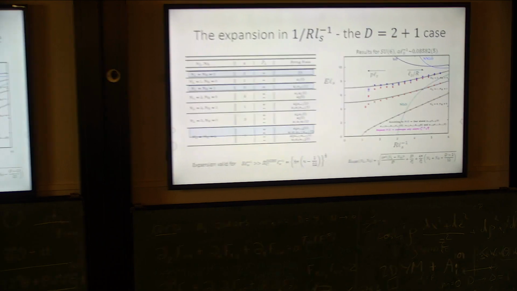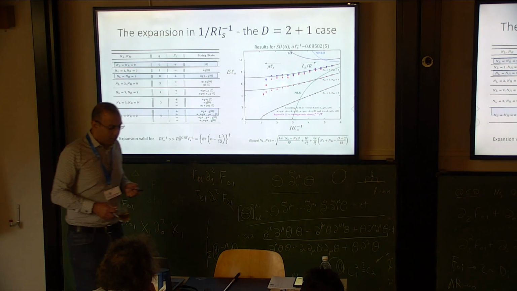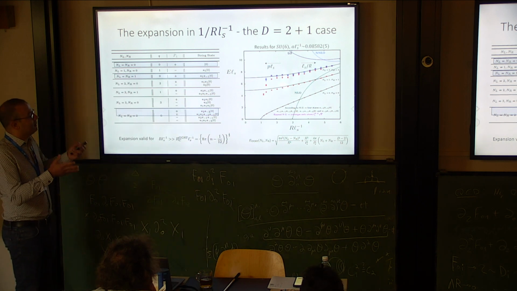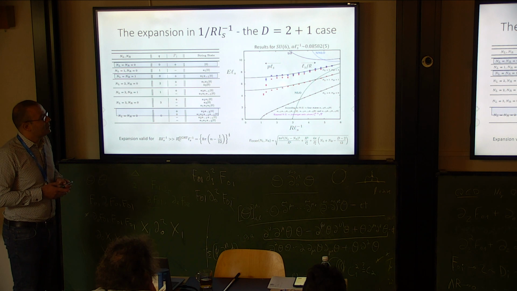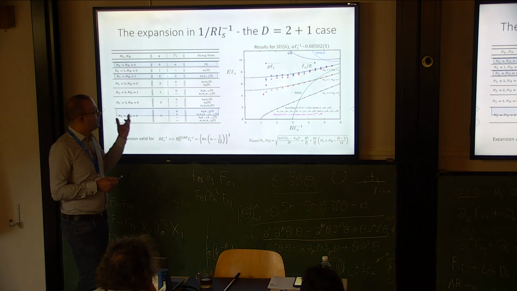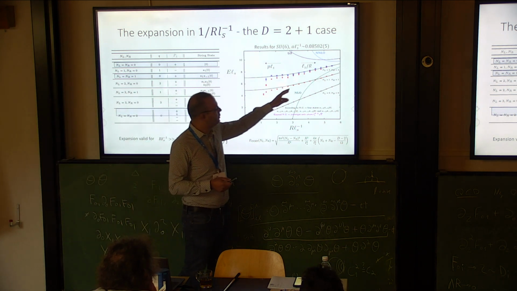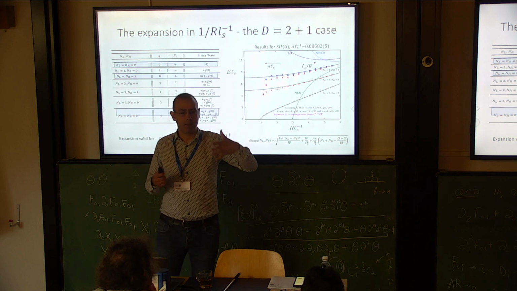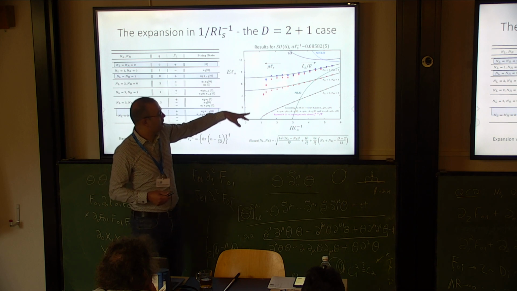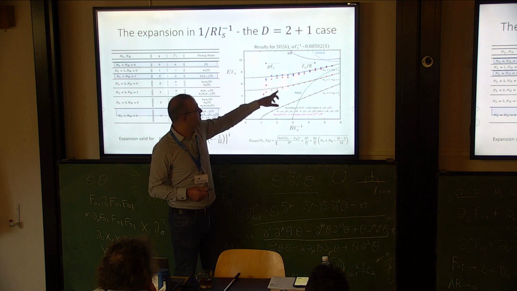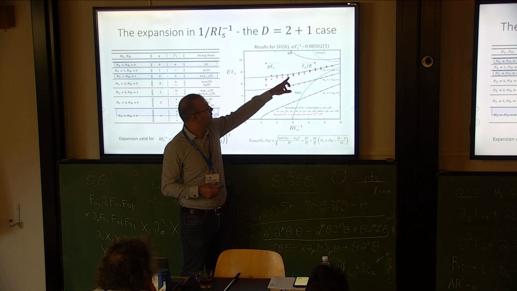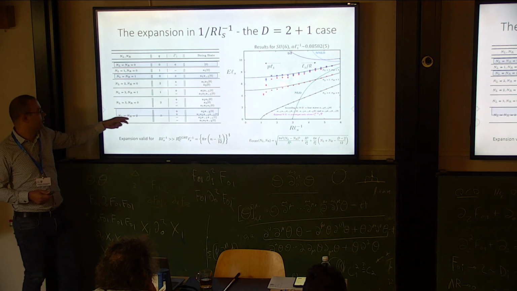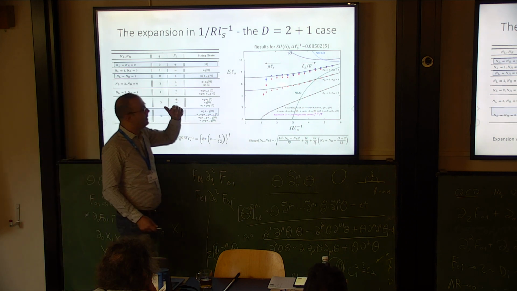Okay. Now, these were the first results that came out. I mean, one of the first results that demonstrated that the spectrum of the flux tube can be approximated quite well by Nambu-Goto. This is in 2 + 1 dimensions. This is the ground state, this is the first excited state, and this is the second excited state, which according to Nambu-Goto should be two-fold degenerate. You see that there are 2 states here.